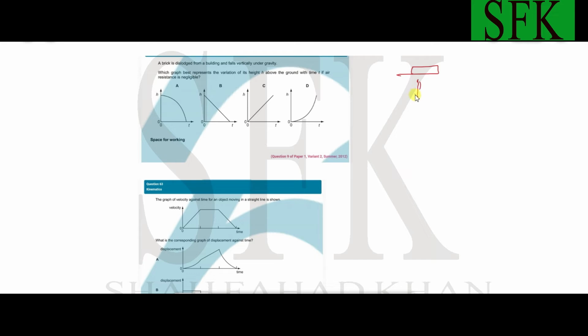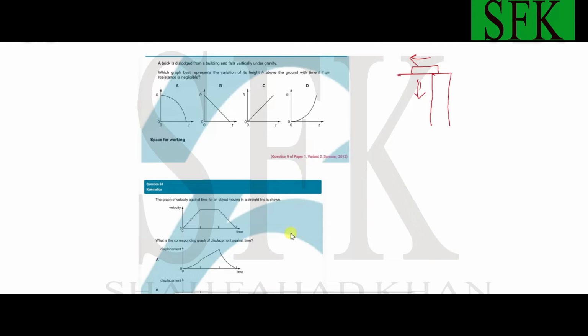...vertically under gravity. So this is our building. We dislodge it from here and it starts moving downwards. Which graph best represents the variation of its height above the ground with time t if air resistance is